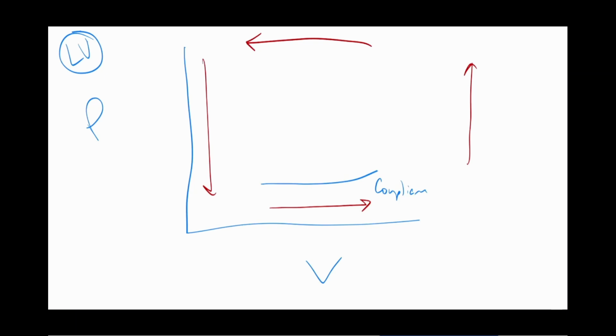What is going on during this compliance line? What is the heart doing? What's happening to the volume? Increasing. So our volume in the ventricle is increasing. We're filling with blood right now. Okay, this is ventricular diastole. Remember I said compliance, filling, relaxation. That's what's happening right now. The heart is filling with blood because it's relaxed.